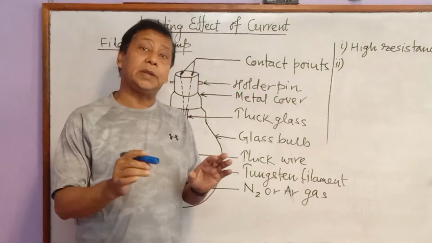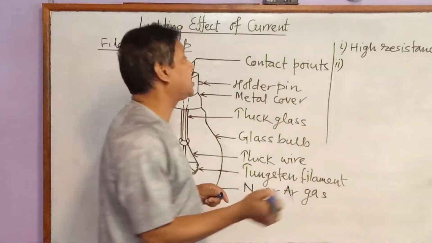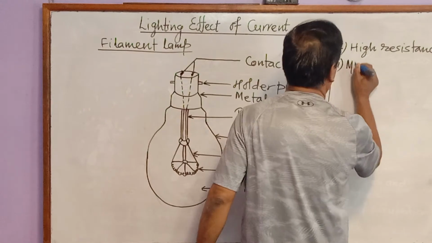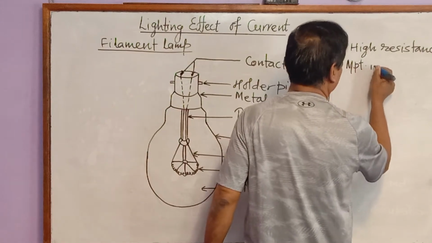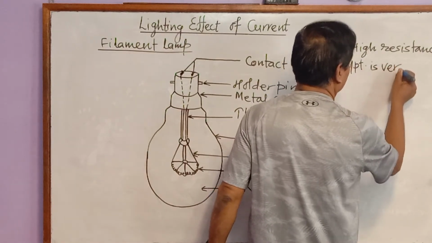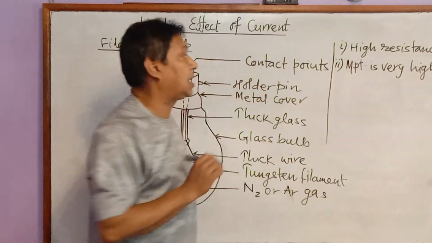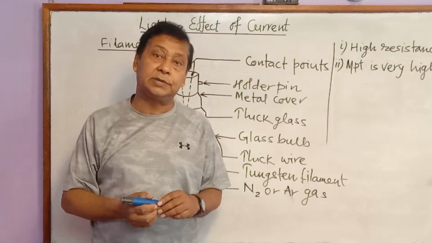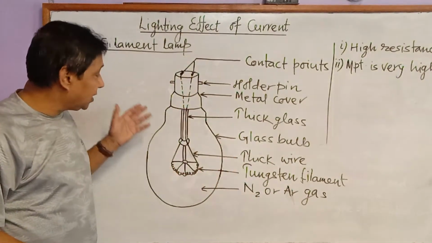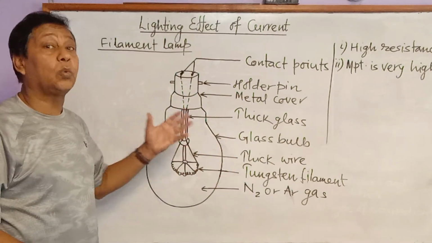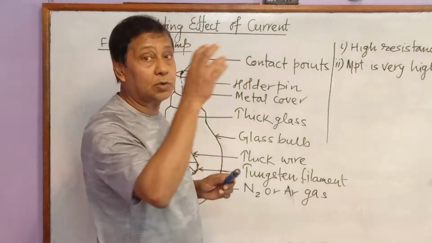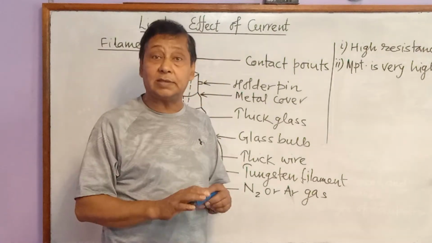is that its melting temperature is very high. Melting temperature or melting point is very high. And why do we need a substance having a high melting temperature? Because when current passes through it, then it becomes white hot at a temperature of about 2900 degrees Celsius, and